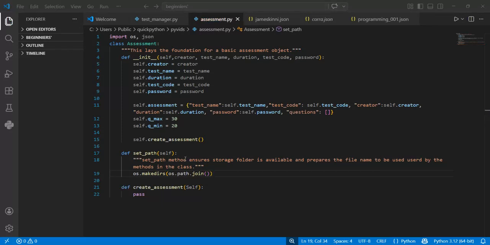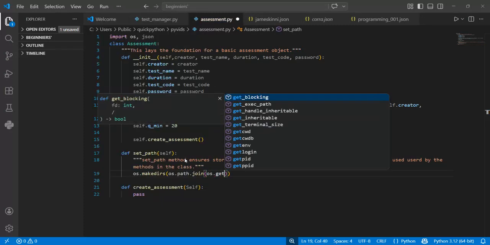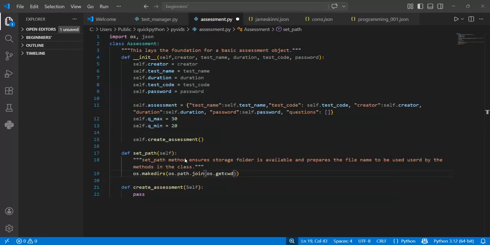The parts we're joining will be the current working directory and then assessment. Assessment is a folder inside of where the test files will be stored. So we'll get os.getcwd, that's the first path, and we'll join it to assessment, which is the second path. All right, then we place this